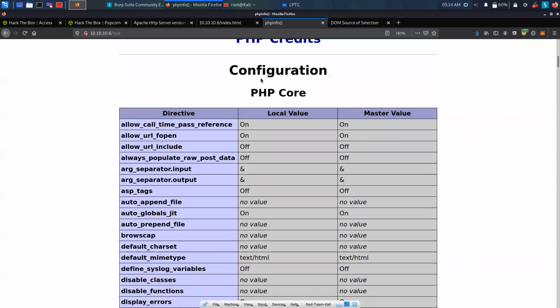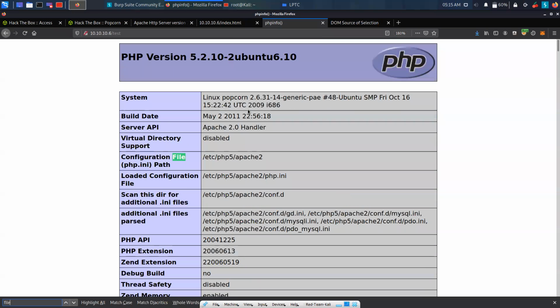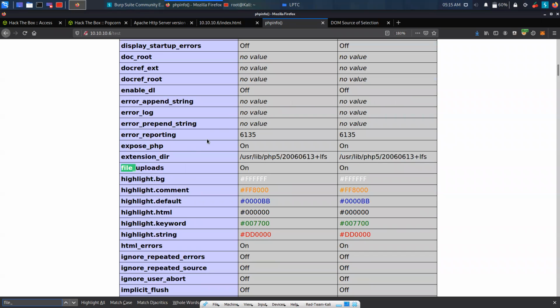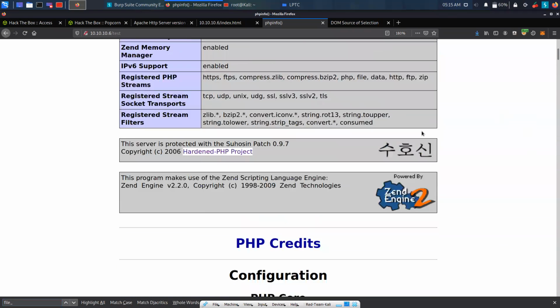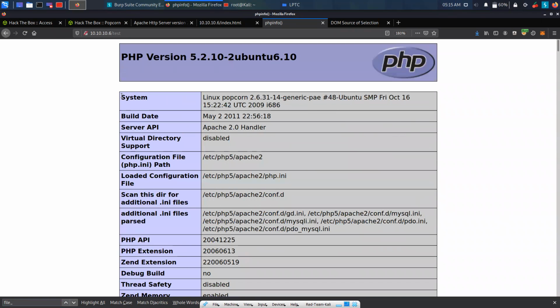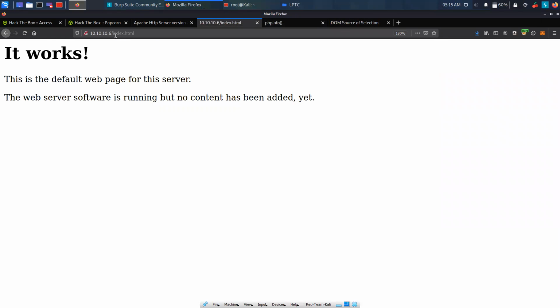Whenever you come across this again, we are interested in a few things, like file upload. If you search for file uploads, we can see that on this server PHP is being hosted and we will be able to upload files, but we still don't know where exactly. I think there is nothing much more in this. This is highly important, as we will later see why the PHP file upload mattered. So let's move on to another part, which was torrent.